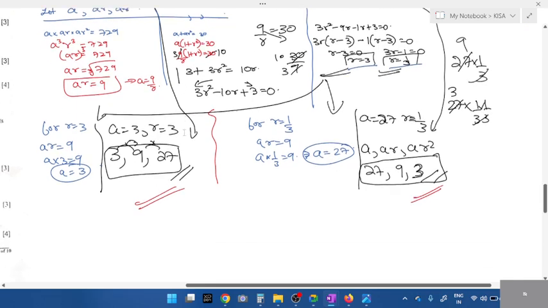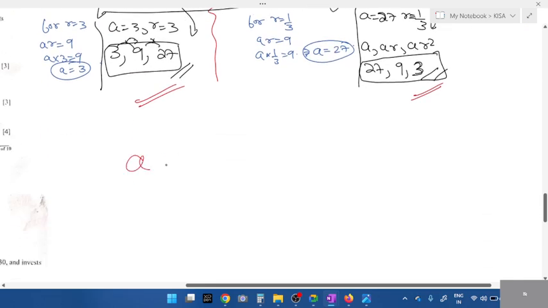If any three values are asked, take them like this, students. AR square, for a GP question. For GP, take this and solve. You'll get an idea. For an AP question, A minus D,